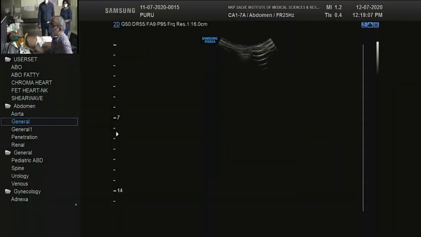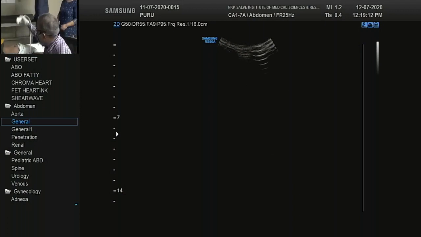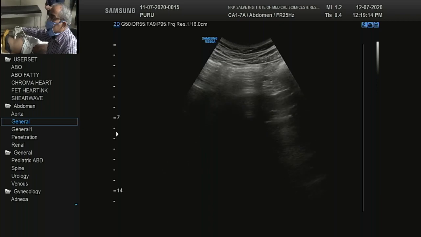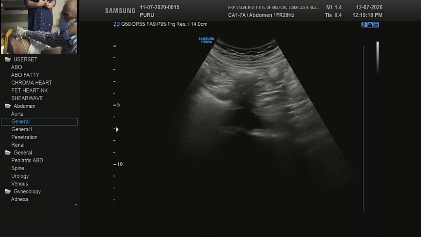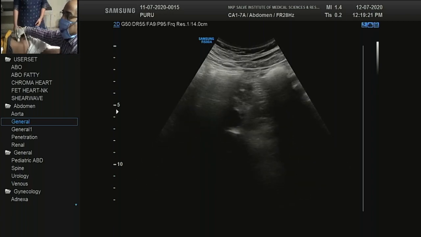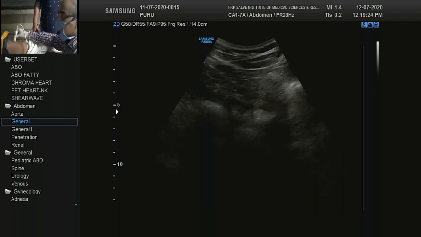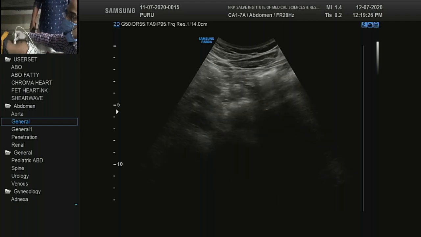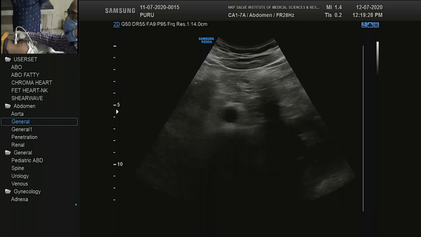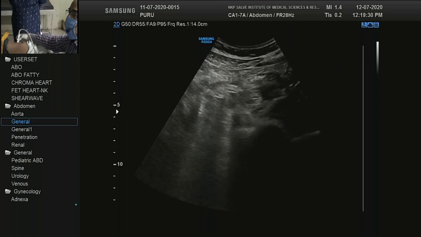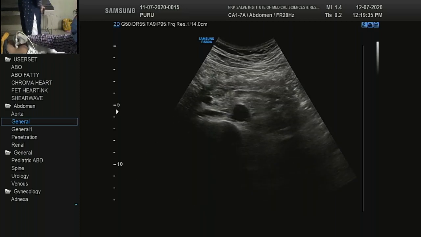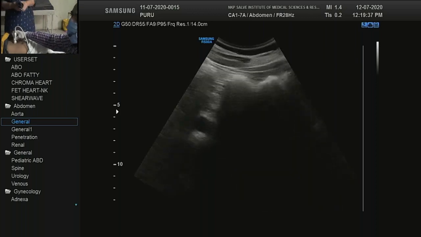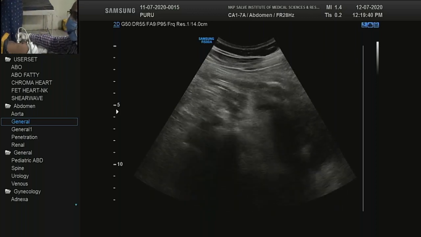We should remember that we should always try and start the examination of the lower limb from the aorta. Infrarenal aorta we should see. Sometimes, like here, abdominal gas is a hindrance to see the aorta. So you can push on that, or you can see obliquely from one side or the other side. It all depends on how you see that. It is your own technique, you can develop that.